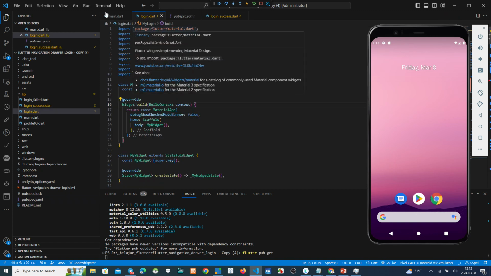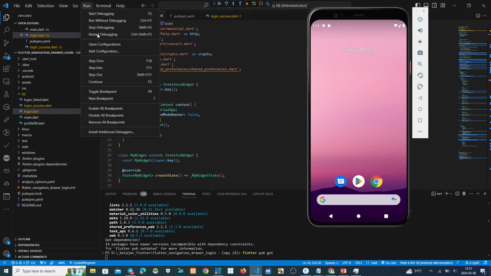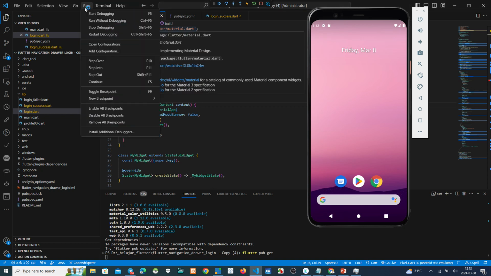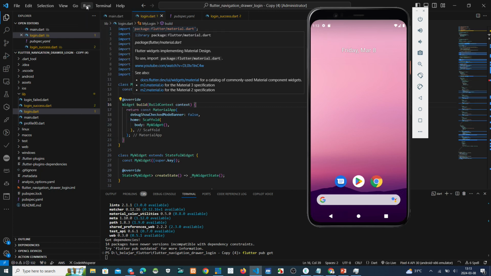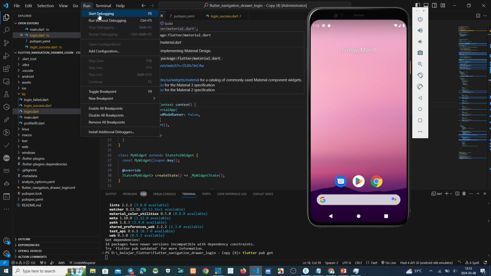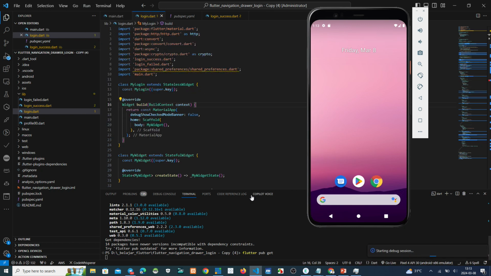Okay, now we must run again. We stop debugging first. After that, run again. Okay, start debugging again. Okay, starting.